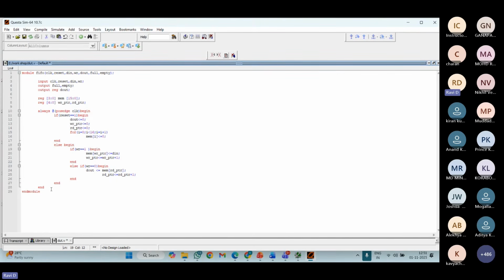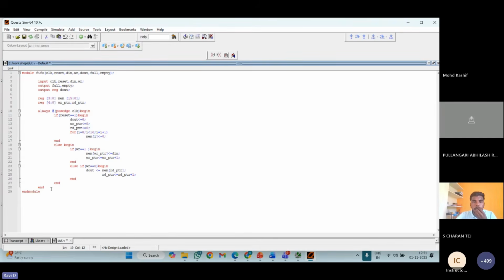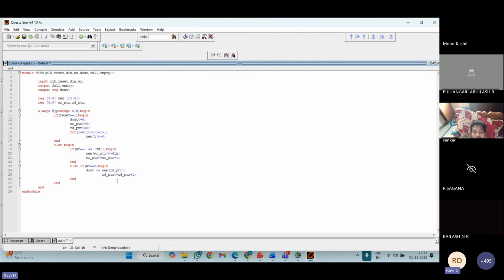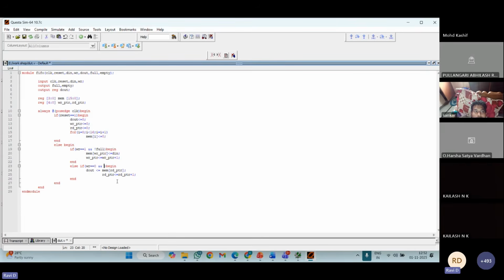So it will allow you to write when your write enable signal equals 1 and when it is not full, that means when your memory is not full. When you are going to read the data, it should be not empty.